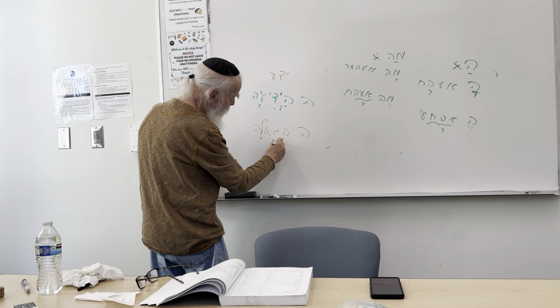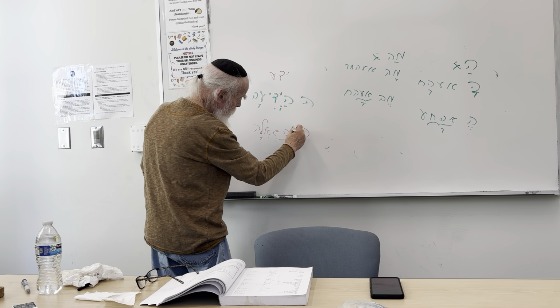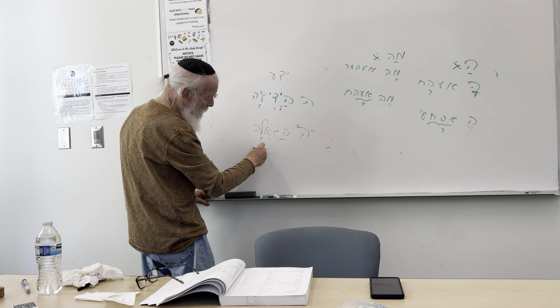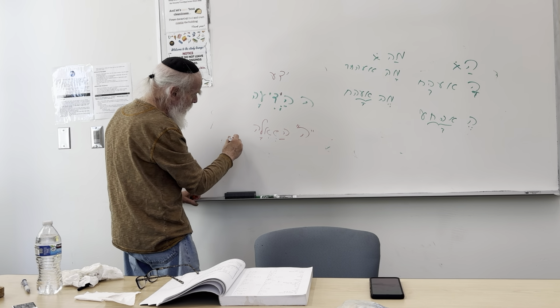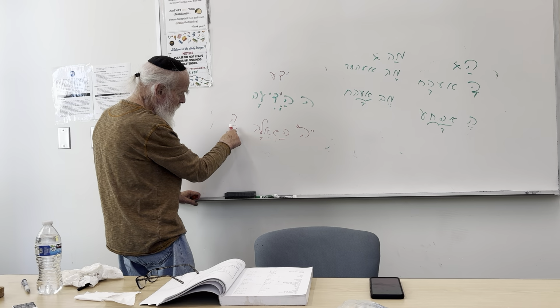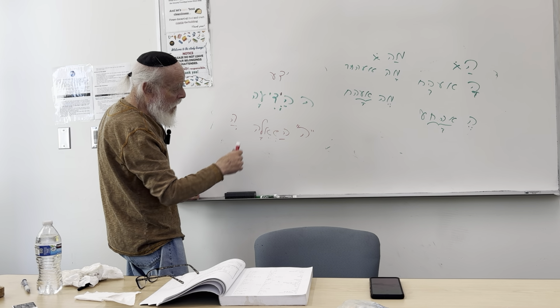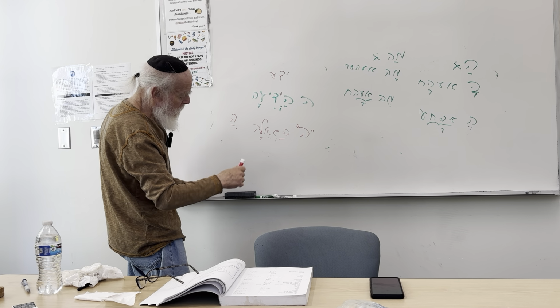The Hey of the question, the Hey HaShe'elah. Guess you could do it like this. Hey HaShe'elah, the Hey that raises the question. And the pointing of the Hey HaShe'elah is the Hey with a chataf patach. The chataf patach underneath the Hey is the Hey of the question. The regular definite article is a patach with a dagesh in the next letter, or a kamatz or segol.